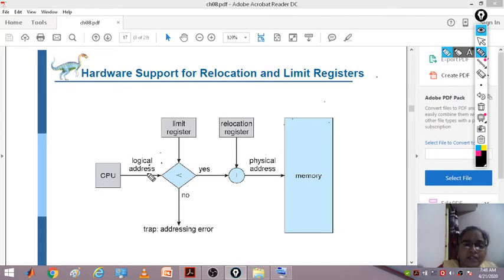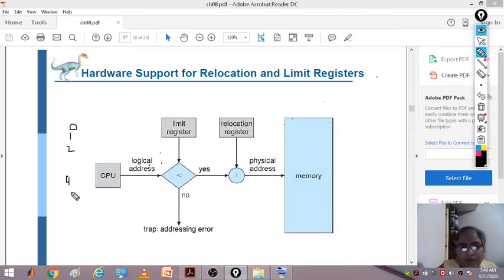Okay, if I have 10 instructions, my logical address value should not be 10 or 11. It should vary between 0 to 9. So the limit defines the size, or the number of instructions, in your process. If my process has instructions numbered 0, 1, 2, and so on till 9, that is 10 instructions, 0 to 9.